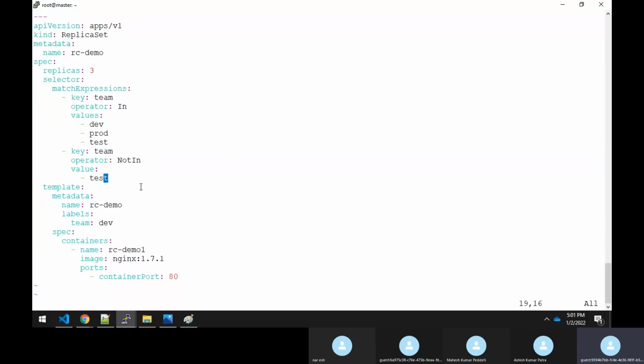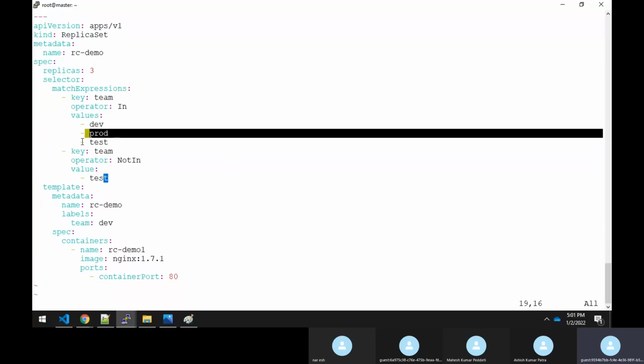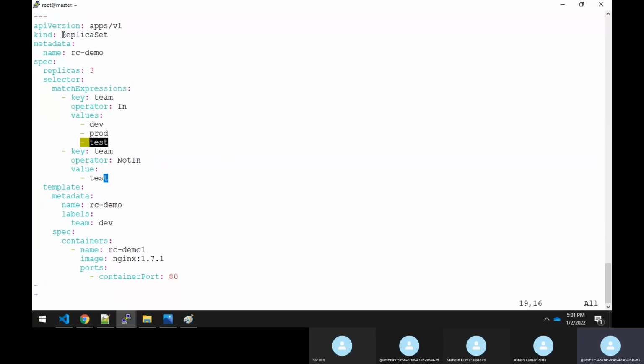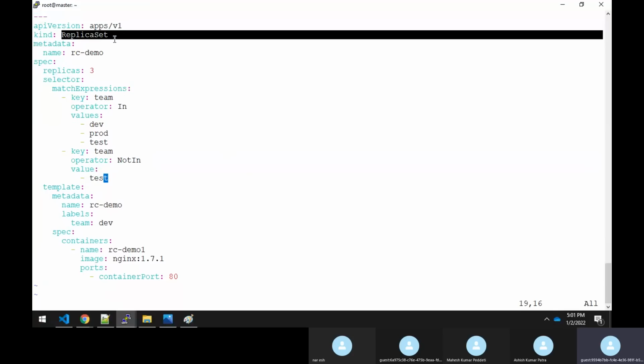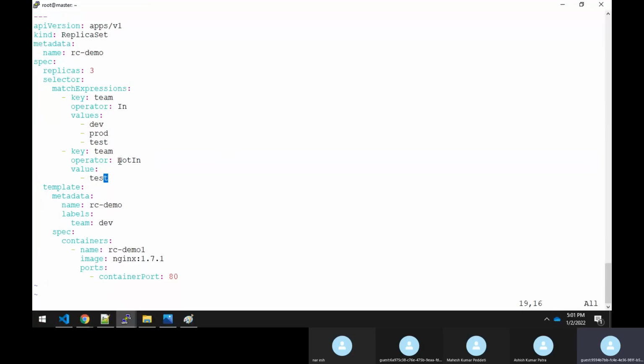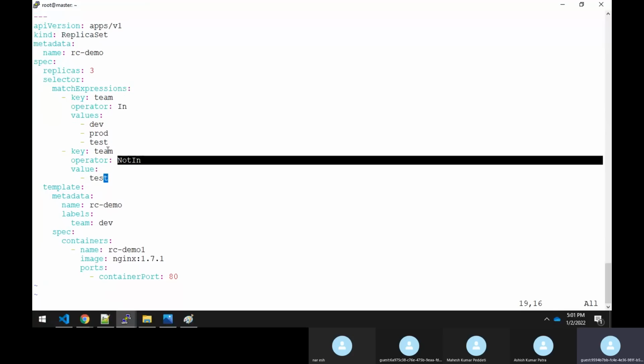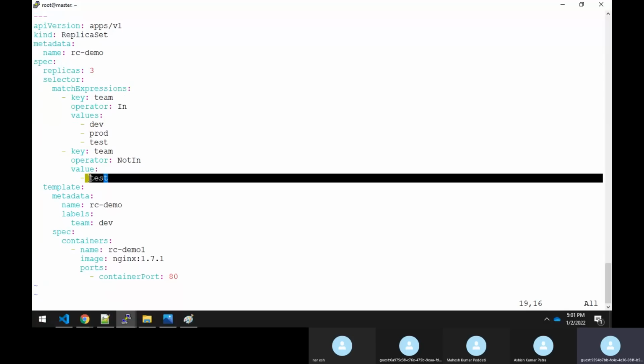So here you are maintaining a condition also. You are saying that all the pods having the label team equal to dev, team equal to prod, and team equal to test should be under the replica set controller. But you are also mentioning NotIn, which means that whichever pod has test should not be included.